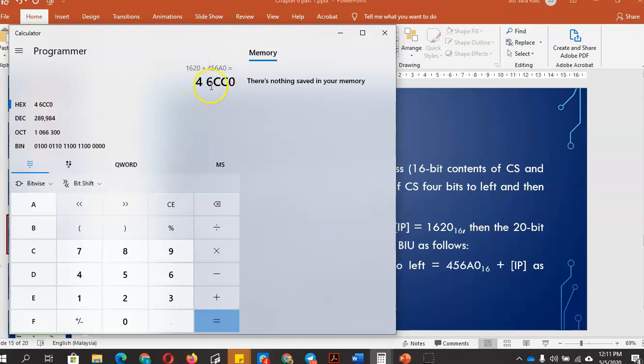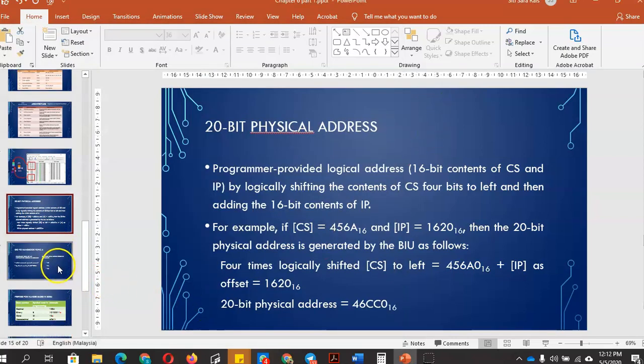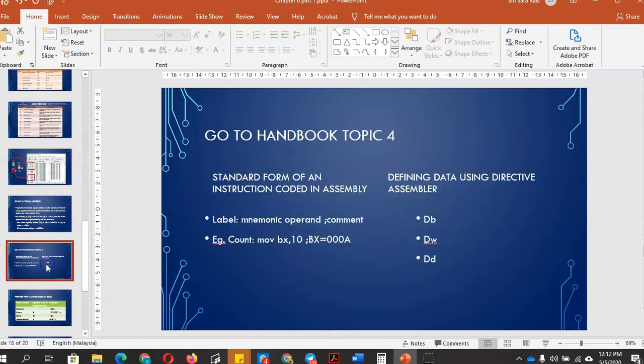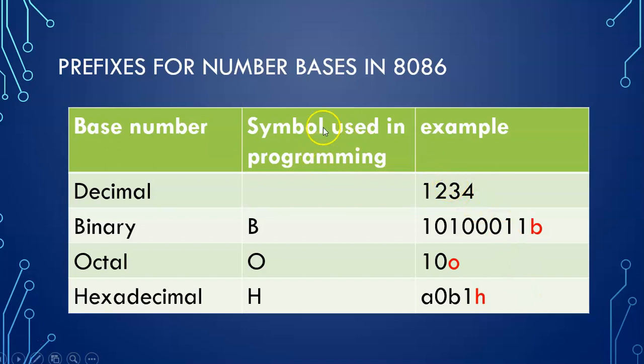So you get 46CC0. This is the physical address. Okay, and then next, we will refer to the handbook topic 4 later. Okay, and then here, this is